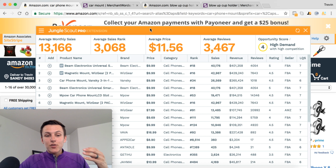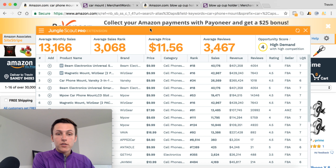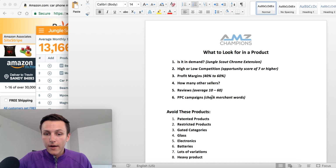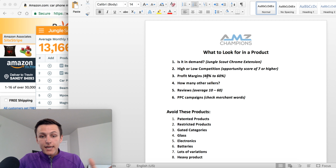Plus, it doesn't take into account the cost of the softwares, the cost that it takes to run your business, and the PPC campaigns or the marketing that you are doing. So that's where you need to basically have a profit margin of 40 to 60%, taking into account the product and then the Amazon seller fees. And then the rest will take into the cost of your business, the PPC campaigns, the marketing, the different softwares, and it will drop it down to 30%, for example, okay? So that's where you need to be sitting, is 40 to 60%,